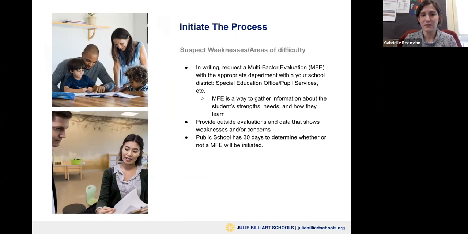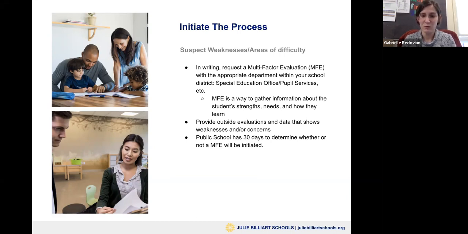Now, this can also be done with the school. The school might have come to you and said, hey, we see some weaknesses with your child in a specific area. You are then able as a team to say, we're going to collect data and move forward. But if you as the parent feel that there are weaknesses and areas of need, you would write a written request and send it to them with your concerns and any outside evaluations, whether it's outside OT, outside speech, or any evaluations that your child has gone through, maybe with a neurodevelopment or their pediatrician, giving them further diagnosis that